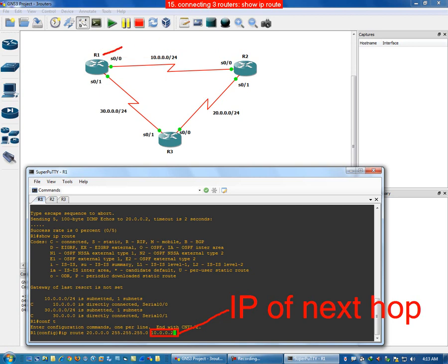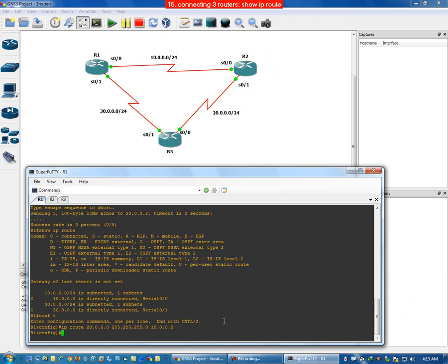That means to reach from R1 to R2, we have to use this known path. To reach up to this network, we have to use this hop. Press enter,